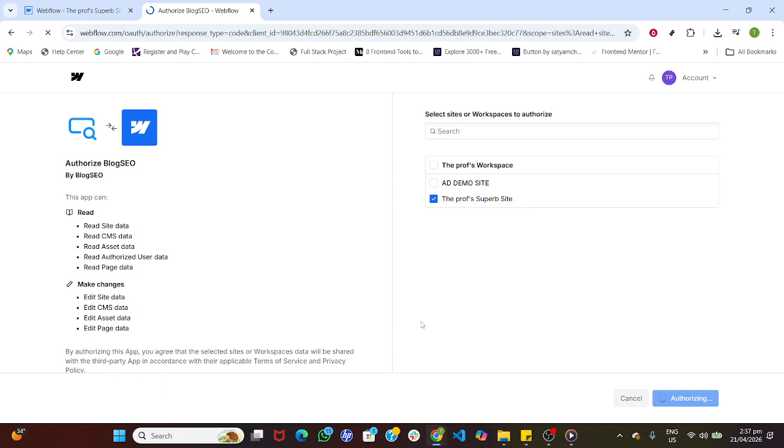That's it. The app is now installed and linked to your site. At this point, your Webflow site is ready to use the app to generate and publish blog articles directly into your CMS. As a best practice, start by creating a test article to confirm everything lands in the correct collection and that SEO fields like title, description, and slug look right. You can always adjust your CMS fields or